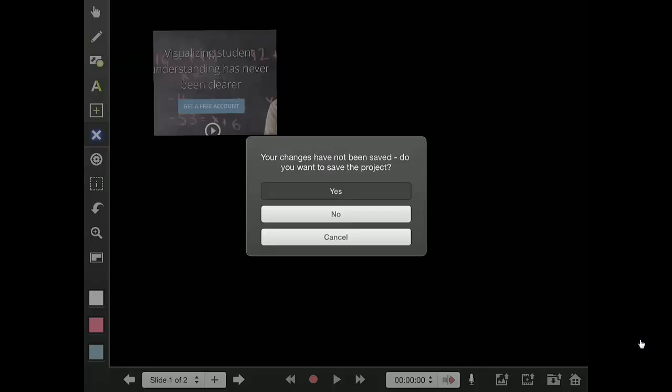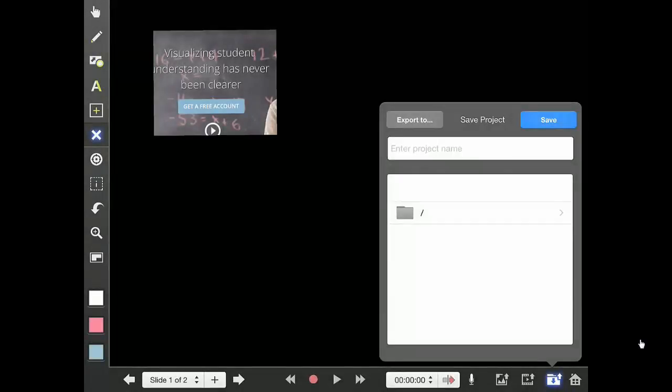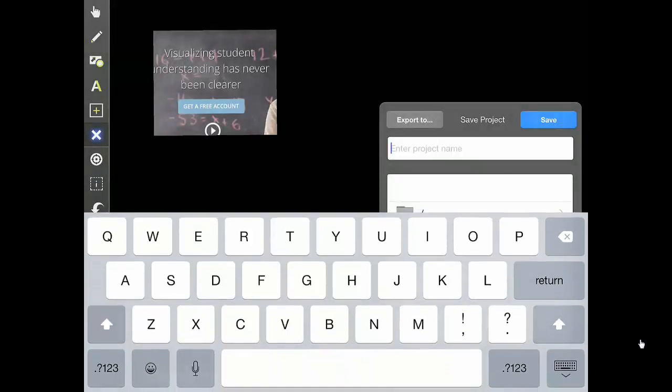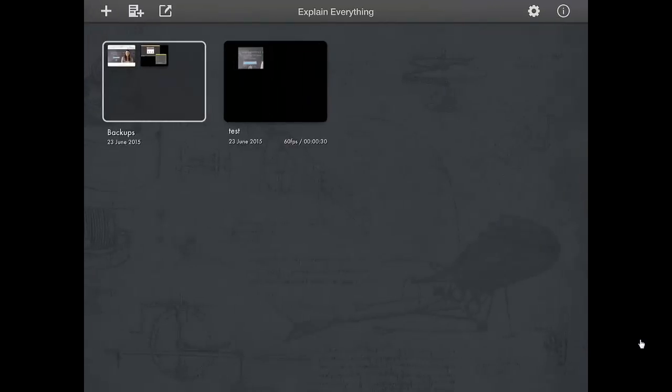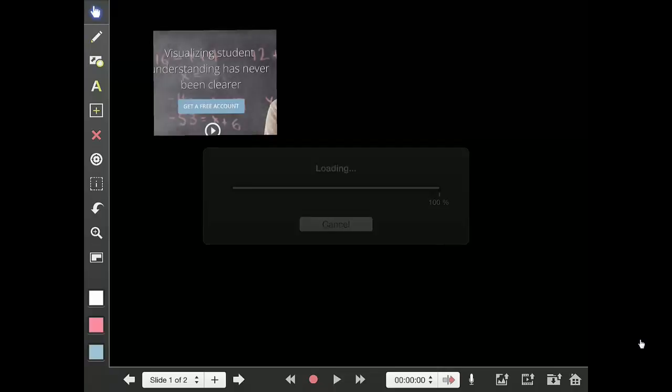The last thing that you'll want to do is make the content available to your students. So I'm going to click on the Home button in the bottom right hand corner and click on Yes. Now I can give my project a name. I click on Save. Now this saves the project in the Explain Everything interface. If I click on there again, it does take us back to this screen, but it's always useful to save